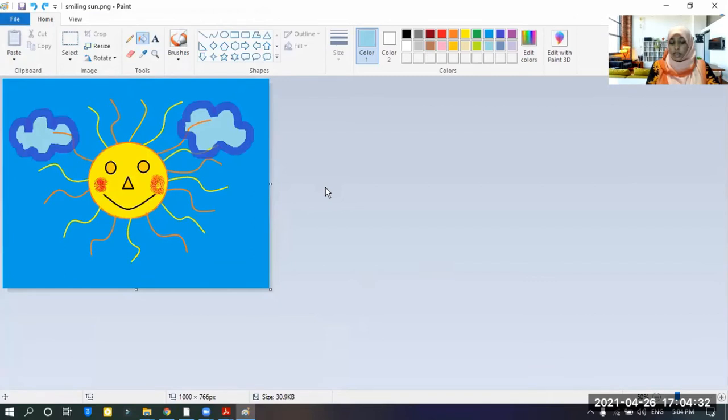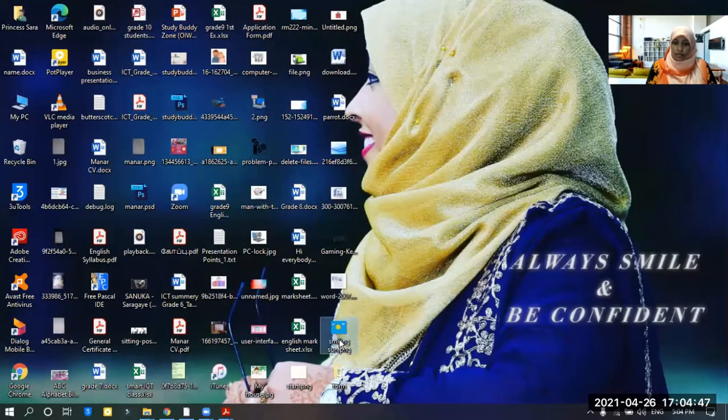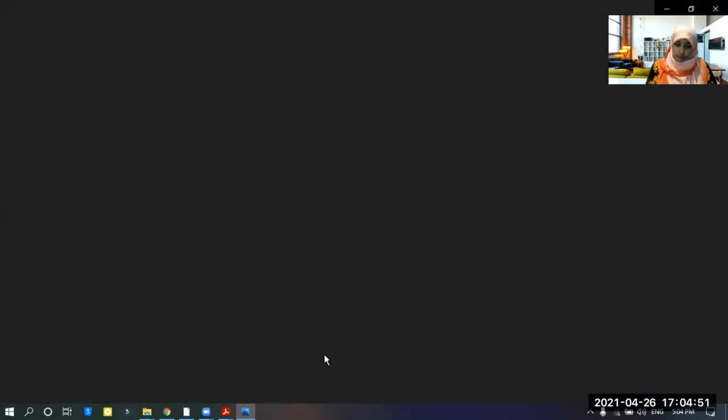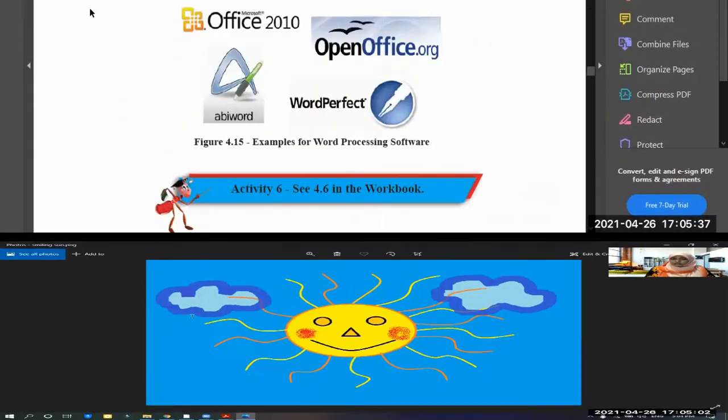Or you can use your keyboard. In the keyboard there are keys, right? I told you about shortcut keys. You can select the Control key plus S key and it will be saved. See, now it is saved. Close it and you can open it now and the picture will open. Did you see? Now you know how to draw in Paint and also how to save your drawing in your computer, isn't it? Yes.